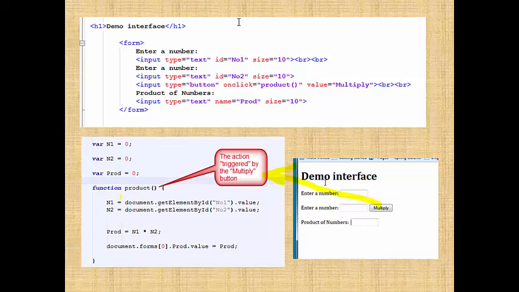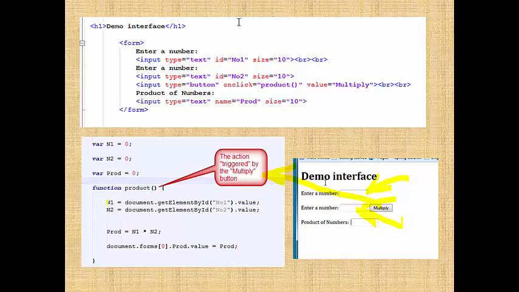This function has a very simple process. It's going to read what is in these two boxes,